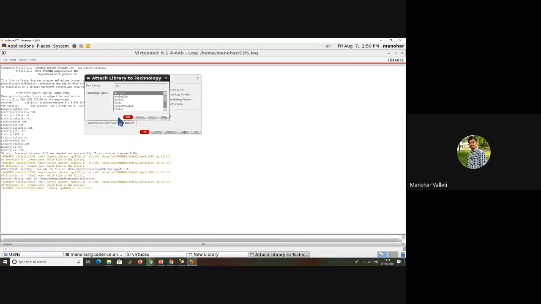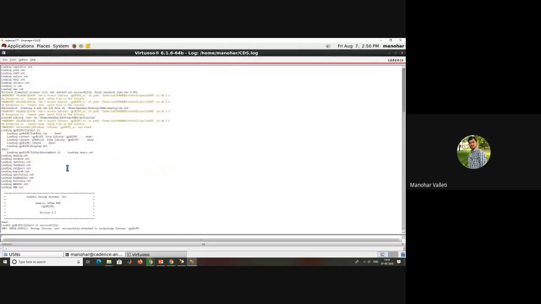Then click OK. After clicking OK, it asks to select the technology library. Which technology are you working in? You are working in ZPDK 180. So you need to select ZPDK 180 as the technology library and click OK.